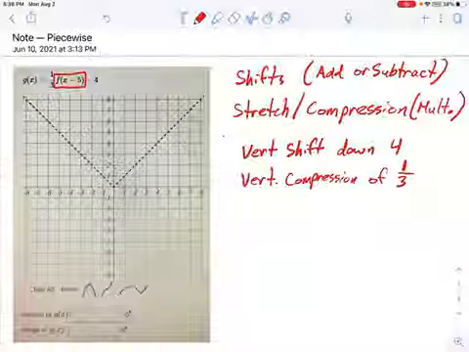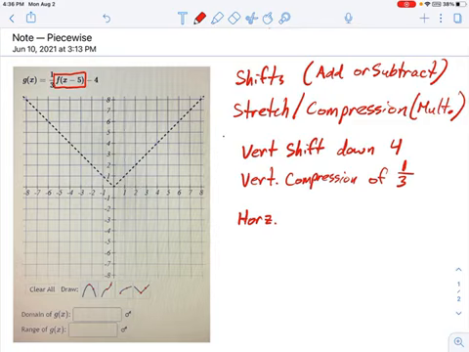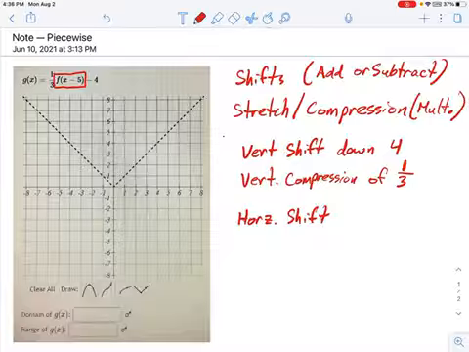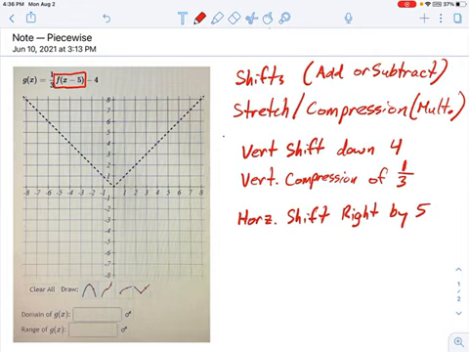So there's more going on here. We still have what's inside the parentheses, and anything inside the parentheses is horizontal. So horizontal, this looks like it's a subtraction, so that's going to be a shift. This is a horizontal shift. Now, which direction does this go in? Remember, horizontal is where everything gets kind of wacky. That is positive. This is negative. All right, it's kind of opposite what you would expect from the numbers on a number line. But what that means is this x minus 5 is actually a shift to the right by 5.